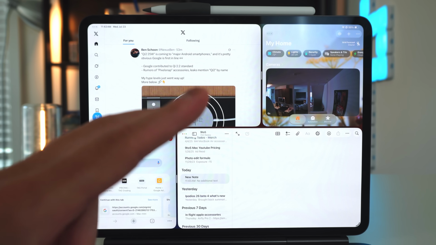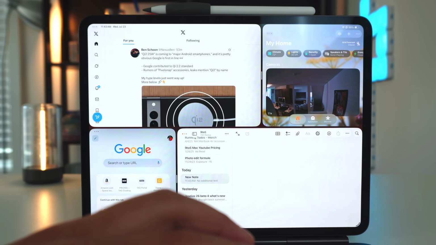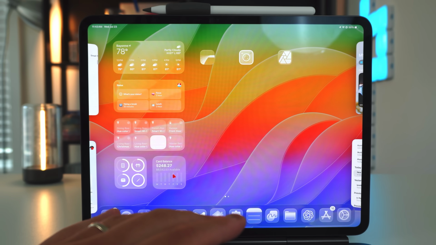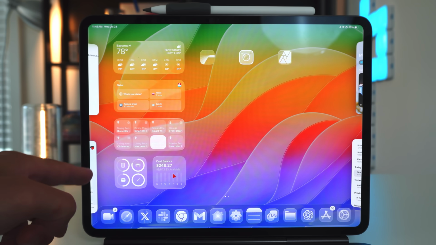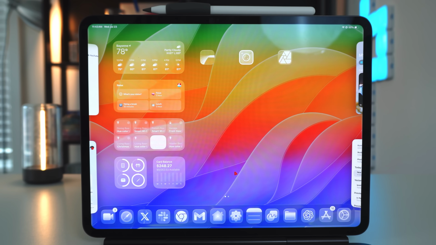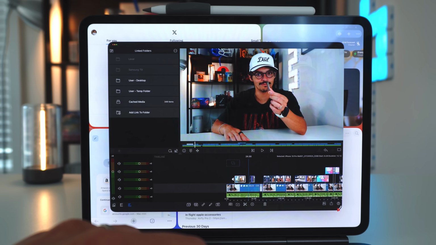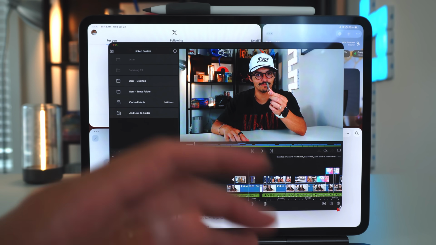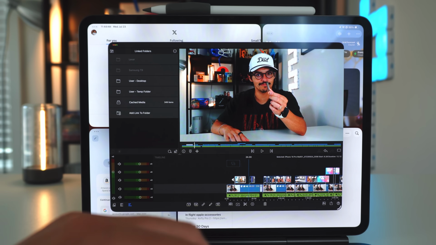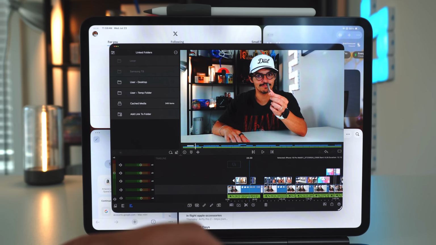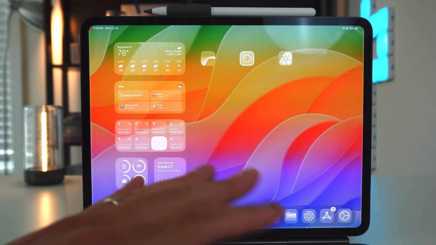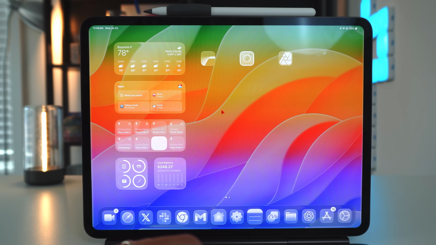And then of course, you're going to need to learn 2 gestures. If you do want to open up another application, you swipe up like you would normally, and you can see that the applications fan out on the right and on the left-hand side. If I want to open up something like LumaFusion, for instance, I can do that. And now I have my LumaFusion open and I can actually make it smaller, and you can see that all the applications are still there and they remain behind the actual LumaFusion application. But now if you completely want to get rid of all the applications, you're going to want to swipe up once and then swipe up again, and then everything fans out. So that's the new gesture basics that you're going to need to learn